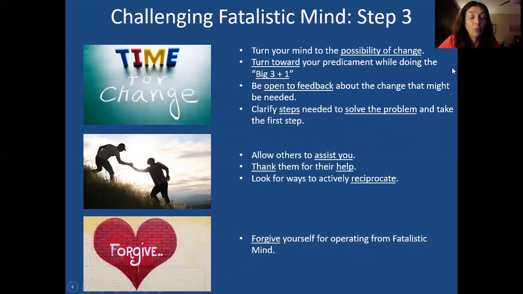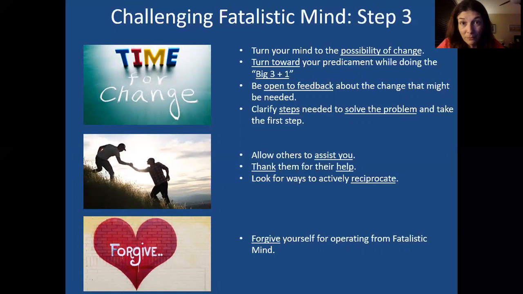So, time for change. Sometimes one of the things fatalistic mind is trying to tell us is that a change is necessary. Sometimes we're afraid of it, and so we check out or we say, forget it, I'm not going to do it. But chances are there's something that needs to be done that's a little bit different. So we have to try to be a little more open to change, even if it hurts, even if it's uncomfortable. And just like with fixed mind, try to turn toward your predicament or turn toward your fatalistic mind